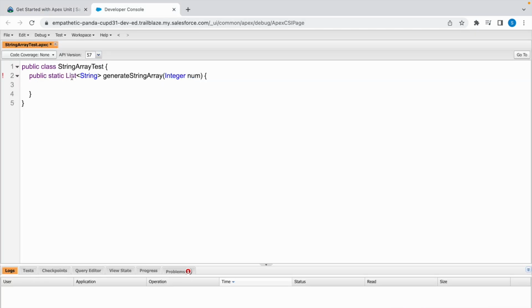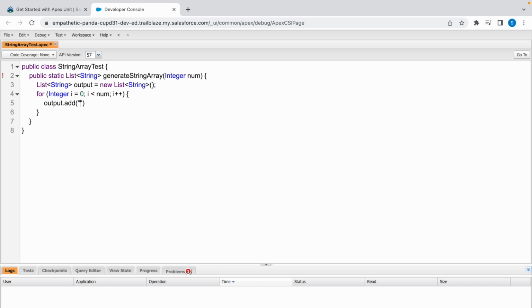So before generating our output, let's create our output list. I'm going to name it output is equal to new list of strings. Now let's use a for loop. Now let's add into the output list in this format test of n. So let's hardcode test. So output dot add